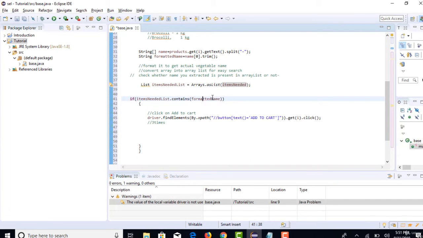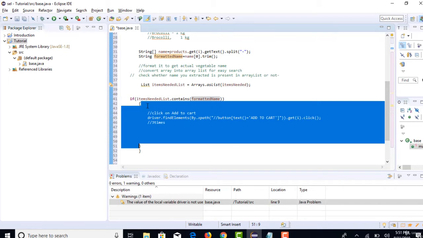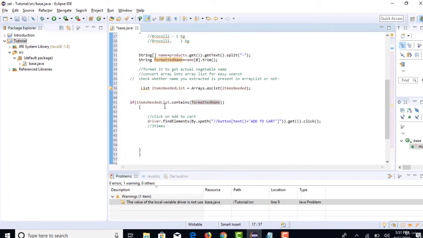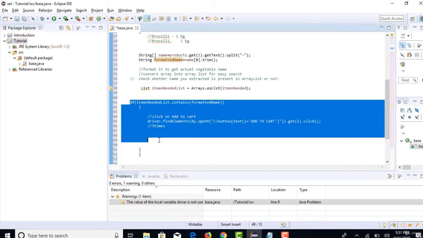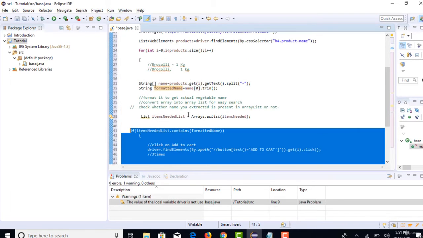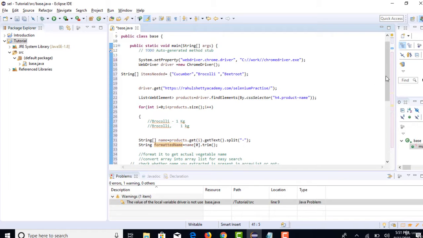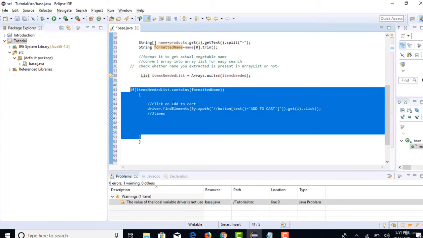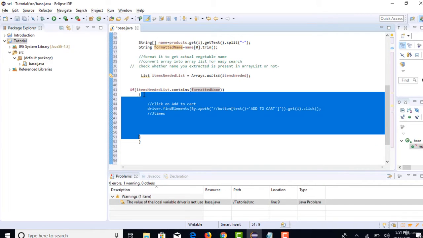Only when the condition matches with the array will it come inside this if block. So when you know that your code already came 3 times inside this, that means all these 3 items are already matched, clicked and added to cart. Then next time why do we need to run? Not required, right? So we have to keep an eye on how many times our code is coming inside this. If it already came 3 times, then we can quit this for block, isn't it? Because you are asking to only click 3 items. So once 3 items are done, there is no point in iterating again. So how do you know whether your code is actually coming 3 times or not?